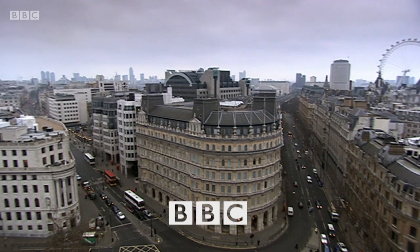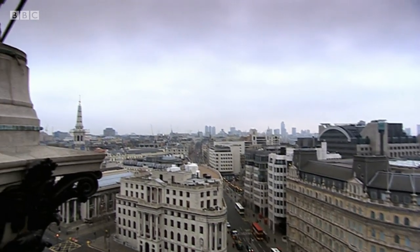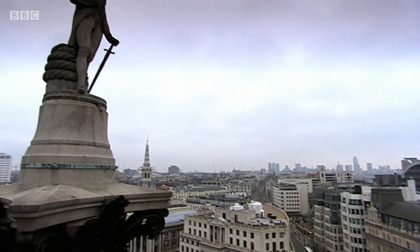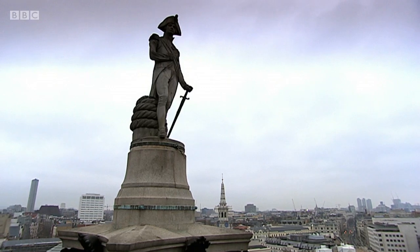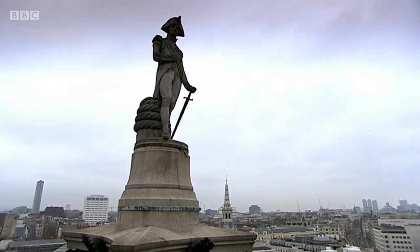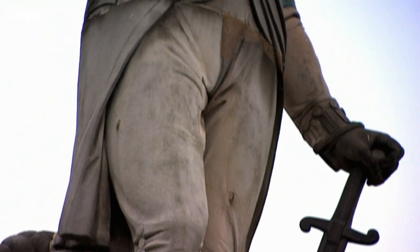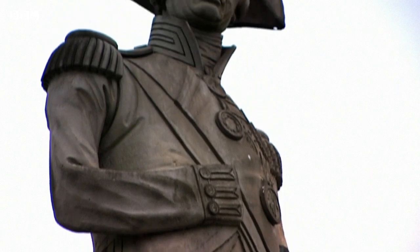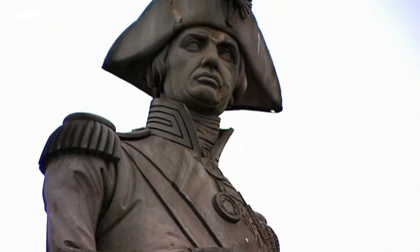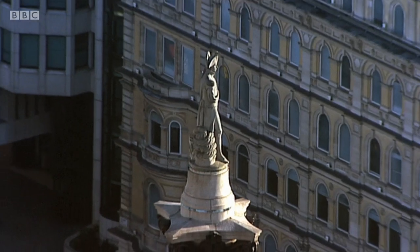In October 1843, 100,000 people gathered on the streets of London. A grand memorial to their greatest hero was about to be unveiled. Nelson's Column, built with donations from an adoring public, their gift to a man who had paid for victory with death. His granite figure stands 50 meters up, facing south towards the site of his last and greatest victory, Trafalgar,